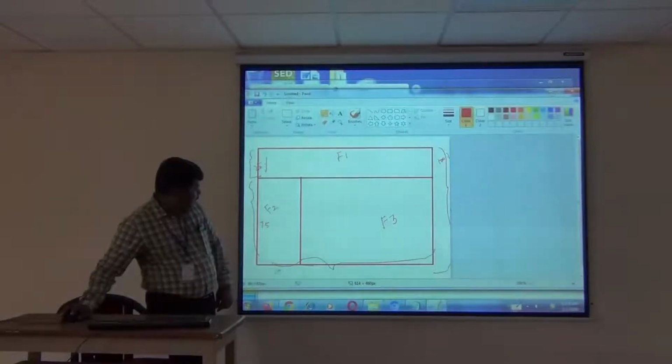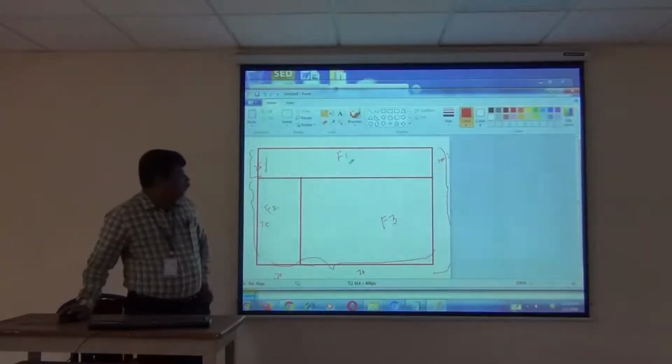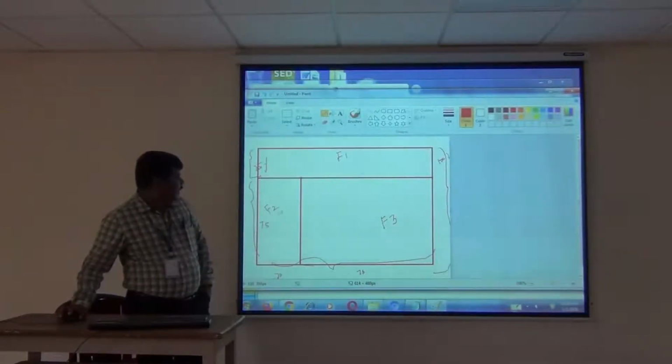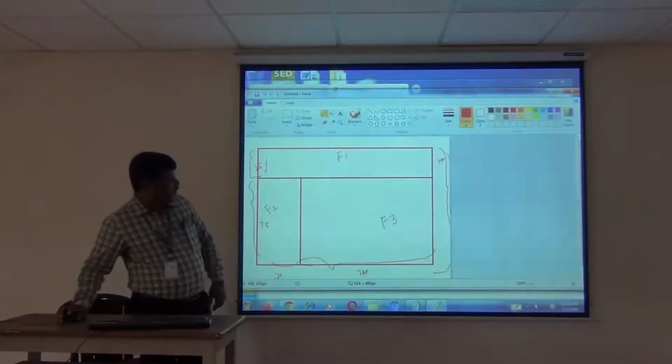Here will be 30% and the balance 70% will be for F3. So frame 1 is 25% and frame 2 consists of 75%, and the frame 2 will be further divided into 2 sections, 30% and 70%.